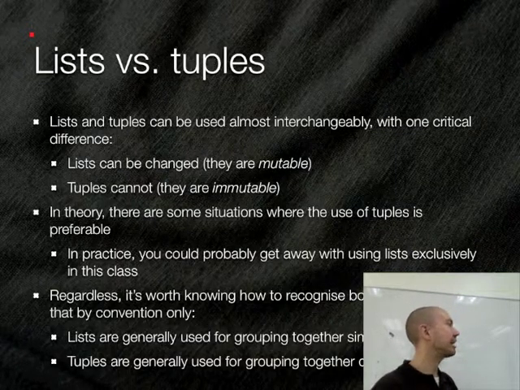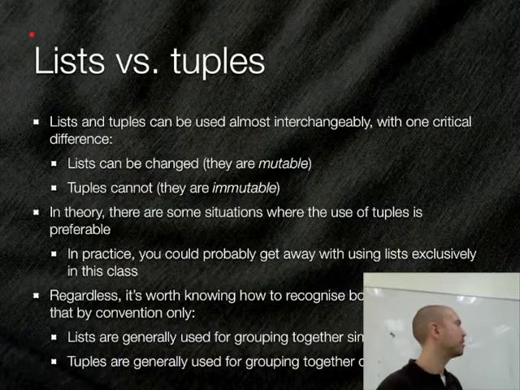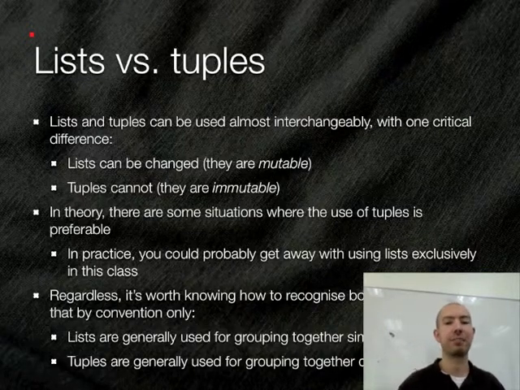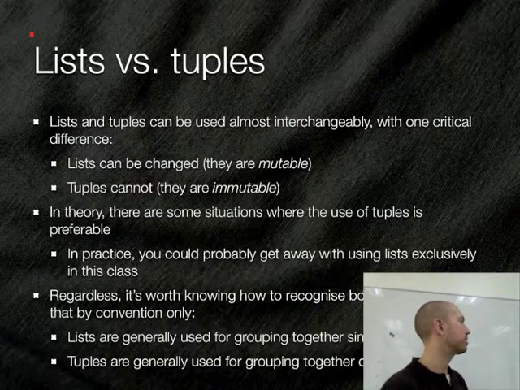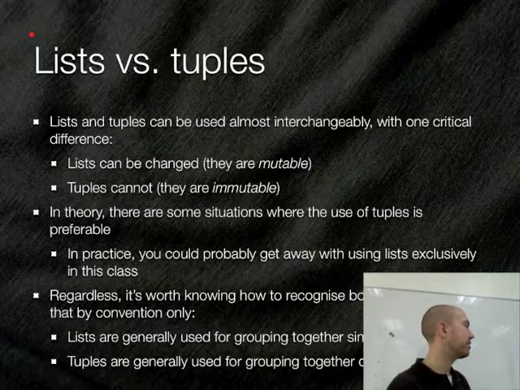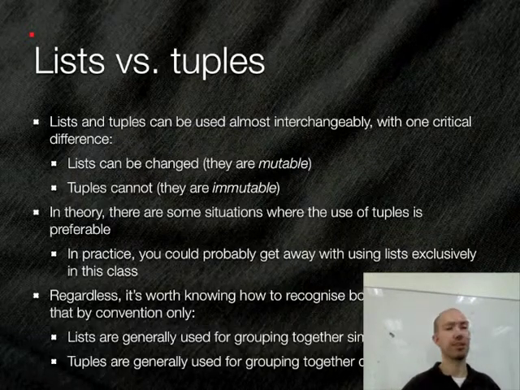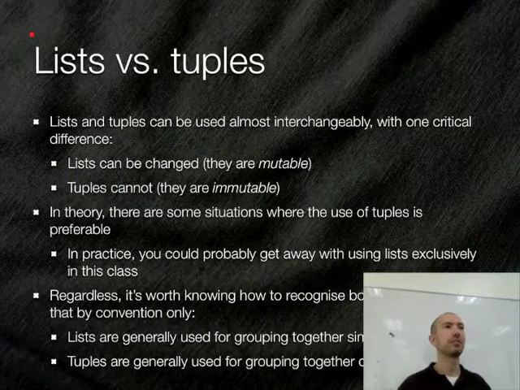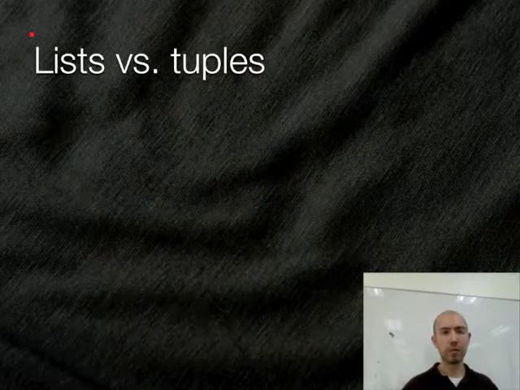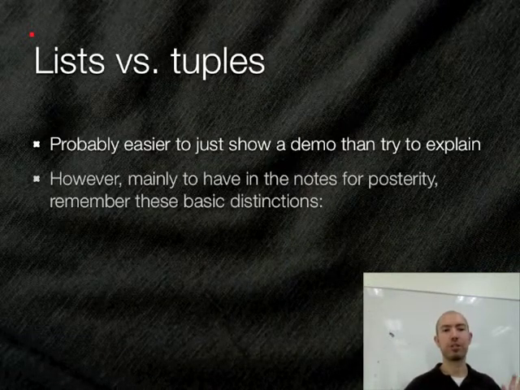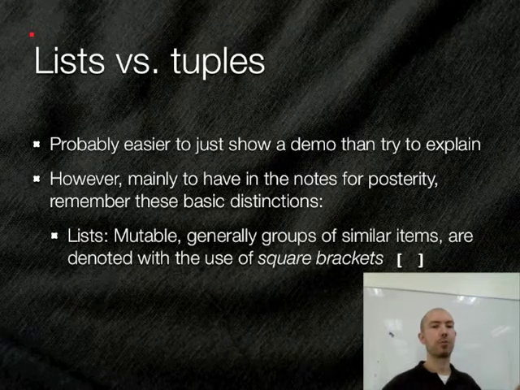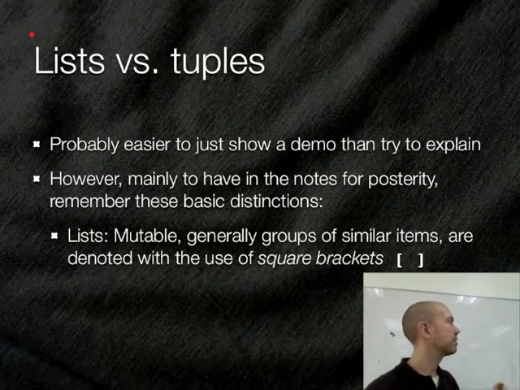Now, you can actually have lists of different types of items, and you can have tuples of all the same type of items, but people often use lists for lists of all the same type of thing, and tuples for groups of different things. Does everyone get that distinction? Okay. So it's probably easier to do a demo than explain,